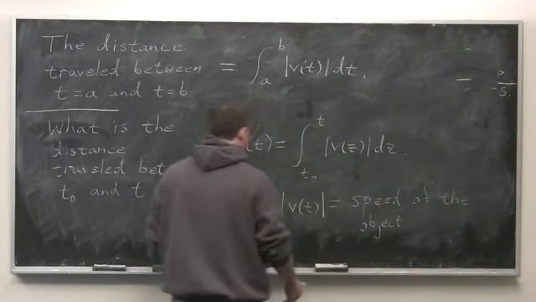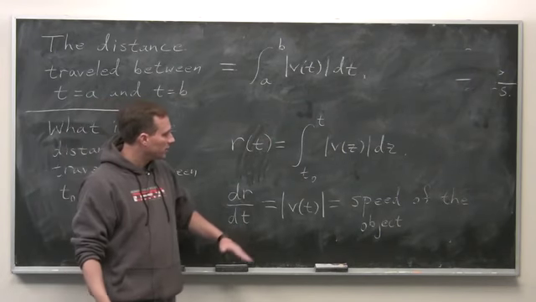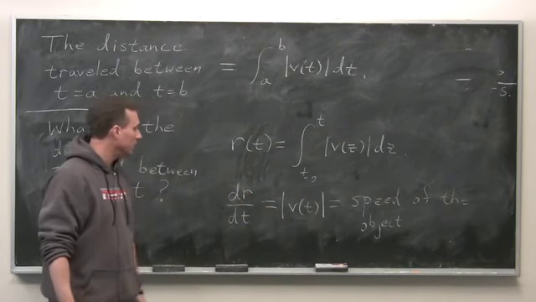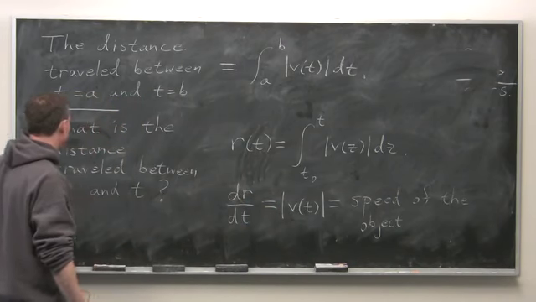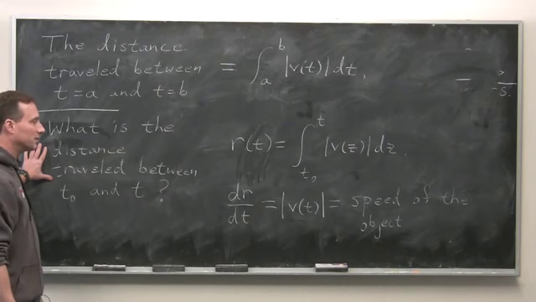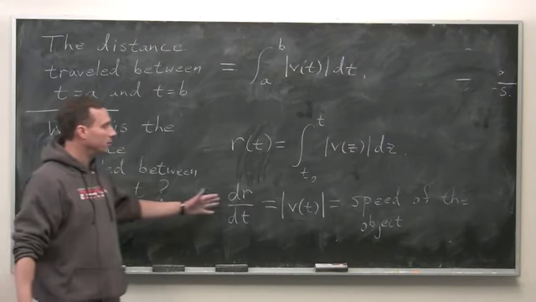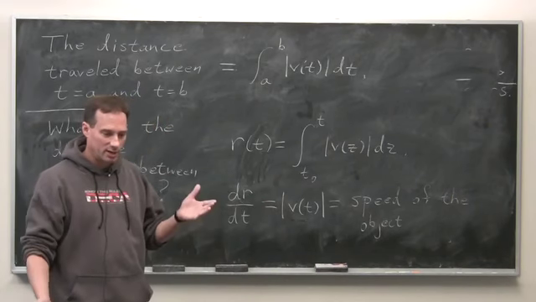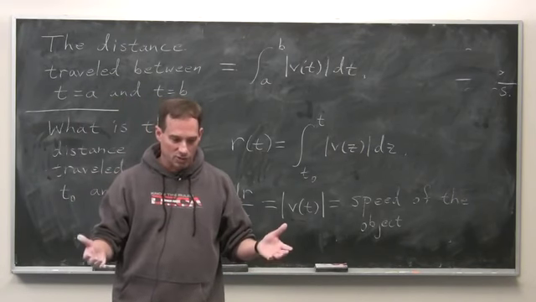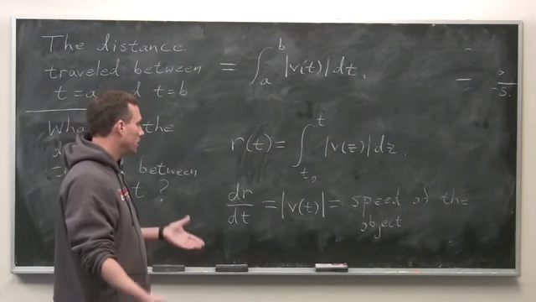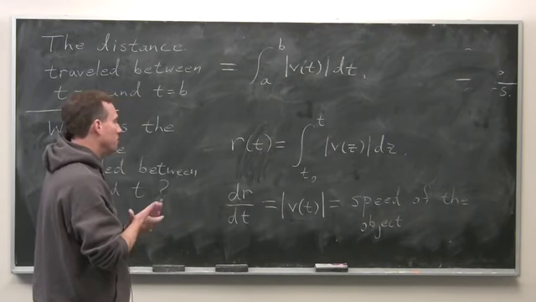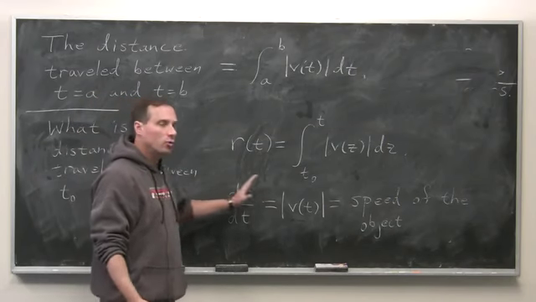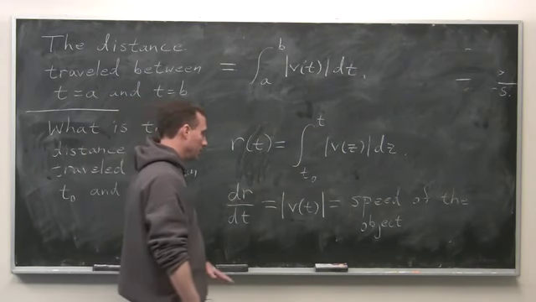And what this says is it's irrelevant whether you consider the speed as the absolute value of the velocity or as the instantaneous rate of change of the distance traveled. Either way, you get equal quantities. So speed, instantaneous rate of change of the distance traveled, or absolute value of the velocity, it doesn't matter which one you use when you're thinking of speed. Not really, however, having said that,